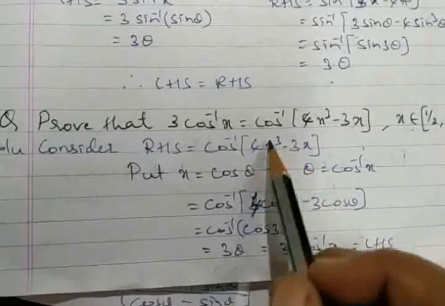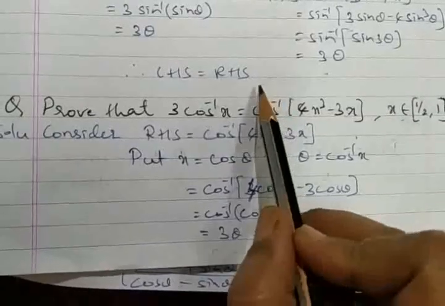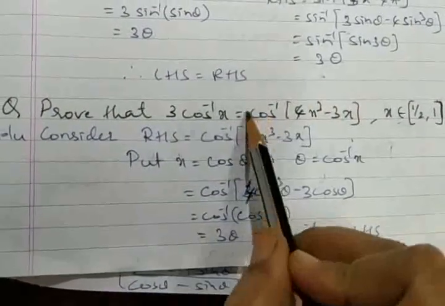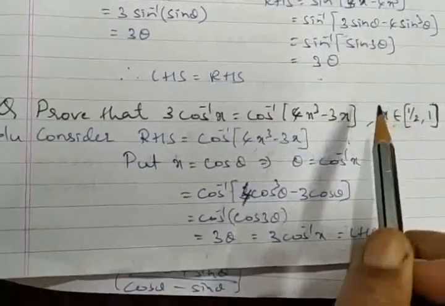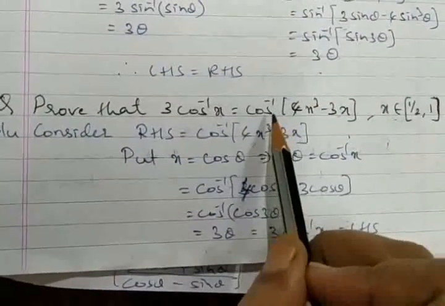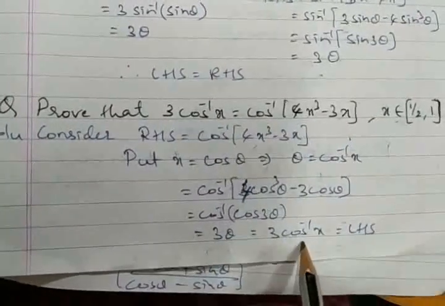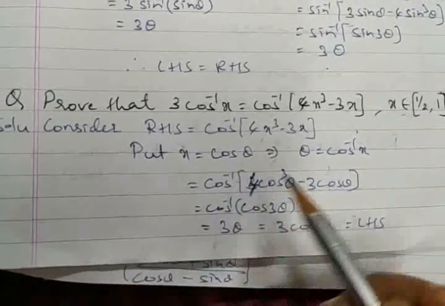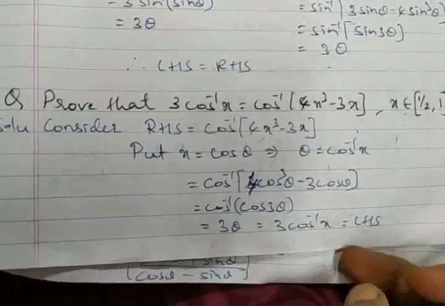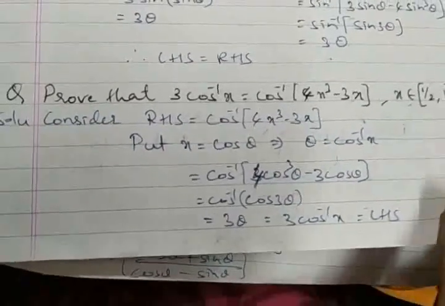But let me remind you, the same question they can ask you in the differentiation chapter, wherein they are going to ask you if y is equal to cos inverse of 4x cube minus 3x, find dy by dx. That's it. If that is a question asked from the differentiation chapter, then the same method you are going to apply here, with the whole term reducing back to 3 cos inverse x. Once it reduces, it's only y. And finally, you have to say dy by dx, according to the formula of differentiation, and conclude the answer. So this chapter, as I mentioned earlier also, is a supporting chapter for you for the calculus part. That's why I'm highlighting all the formulas to be remembered.